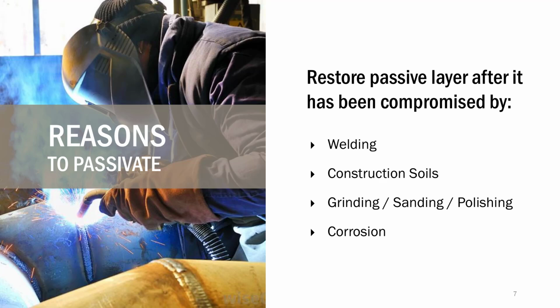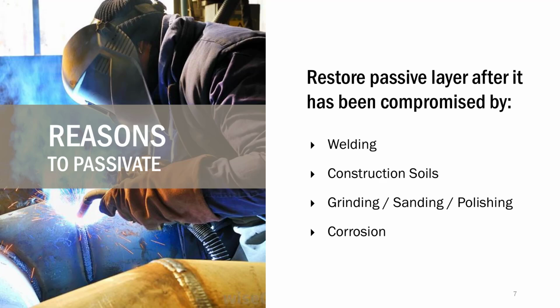Construction soils, what we mean with that is just really fabrication debris, whether it's tool steels or debris from cutting and finishing the stainless. And grinding and polishing, I kind of mentioned that before. If we're abrading stainless steel, we have to clean off either the abrasive pad residue or the stainless steel particles that we have cut themselves to make a smoother surface. Finally, corrosion. If we are inspecting stainless steel and we see an active corrosion site, we know that the passive layer no longer exists there, and we are generating iron oxide from that 65 to 70% in the bulk alloy